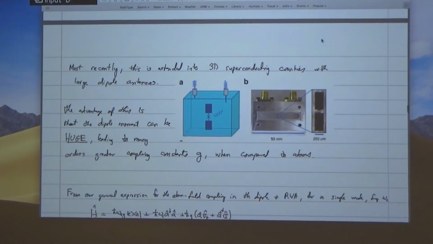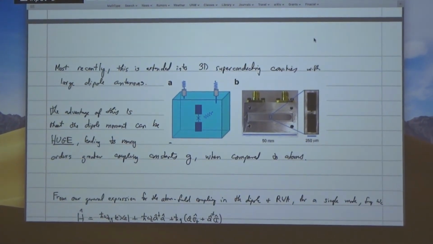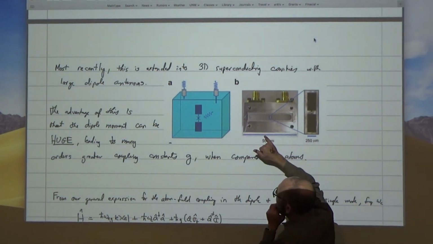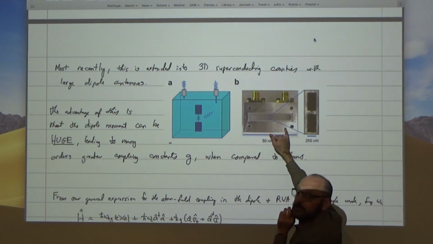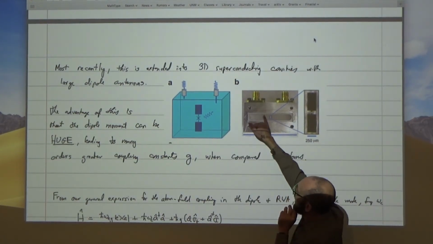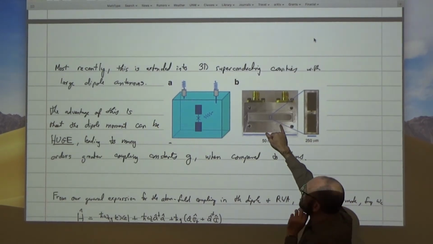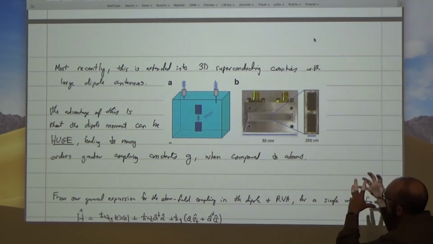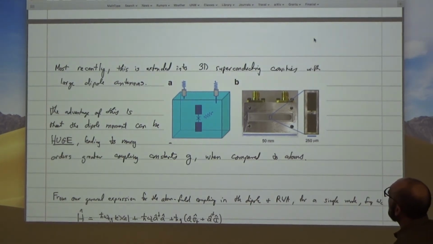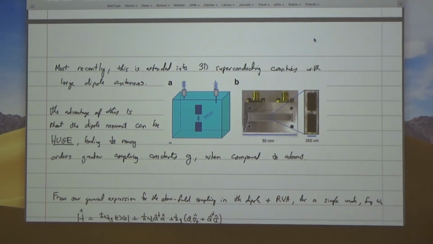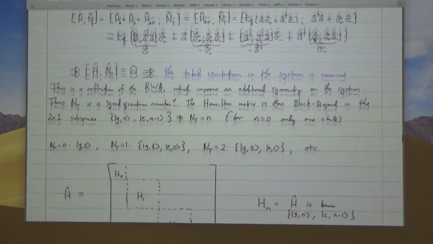In modern experiments, the kind that are done particularly at the Yale group, instead of those stripline type transmission lines, they have actual three-dimensional cavities, because you can get a much, much stronger, a good resonator in that case. And the question I want to quickly raise here is,